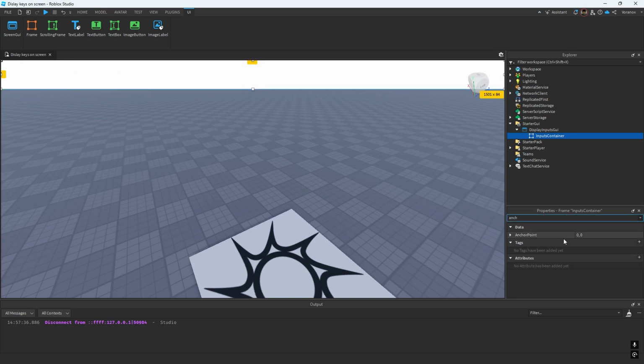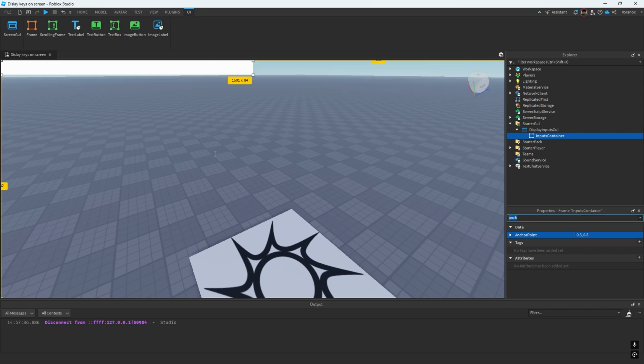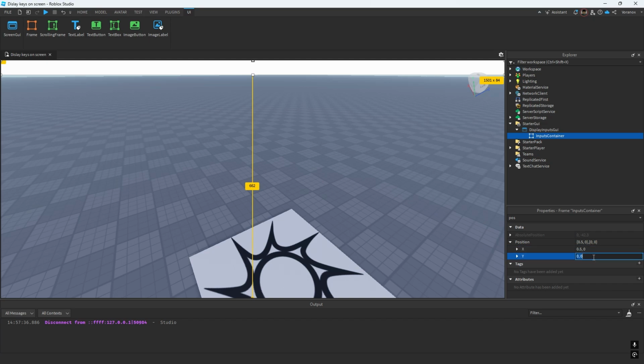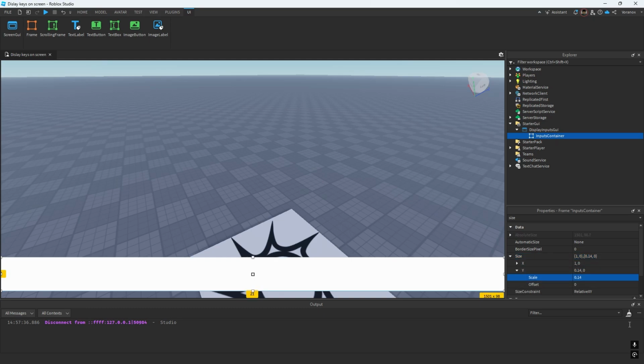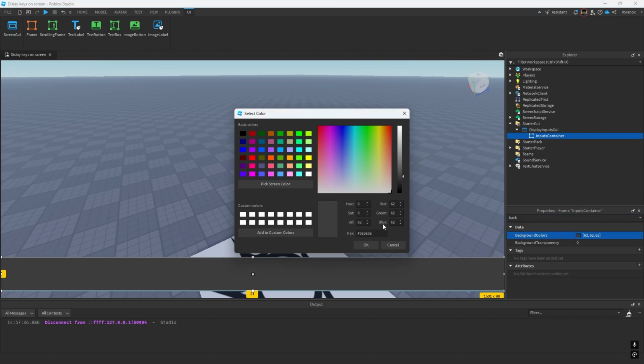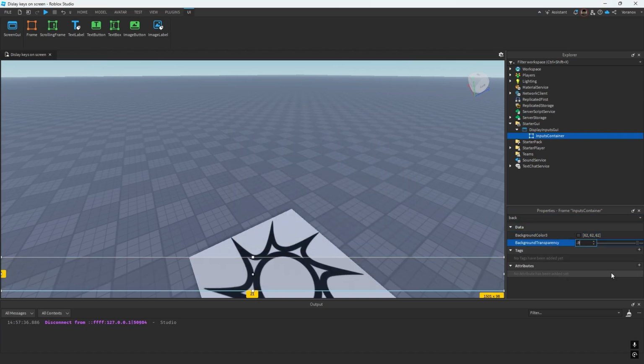Set its anchor point to 0.5, its position to be 0.5 on the x-axis to center it, and 0.9 on the y-axis. Increase its size a little on the y-axis by setting it to 0.14. Set its background color to be gray and its background transparency to be